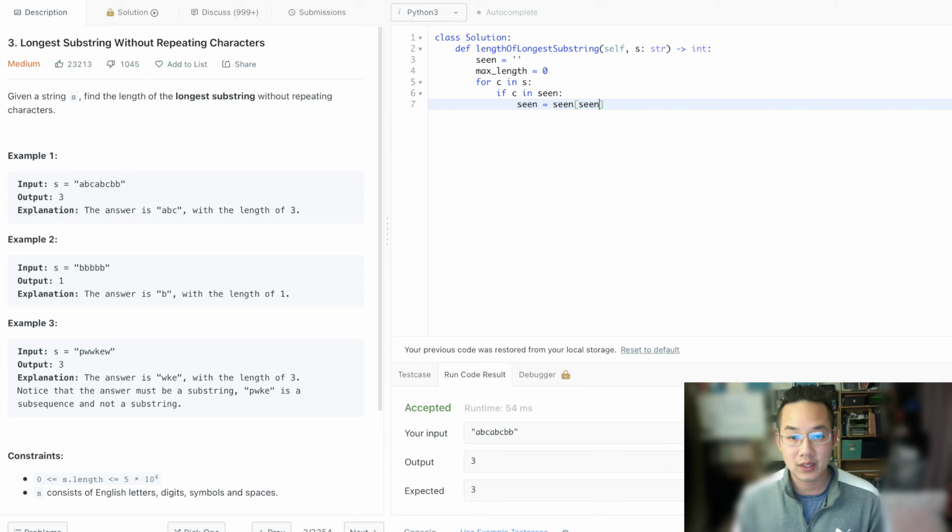That means we're removing up to that item, the character, plus 1, taking the rest of those characters, plus C. Else, we're going to set seen plus equals character. Every time we're done with this if else statement, we take the max length equals max of